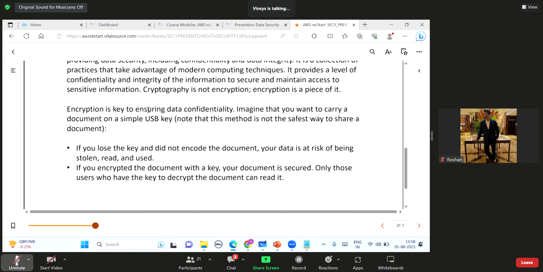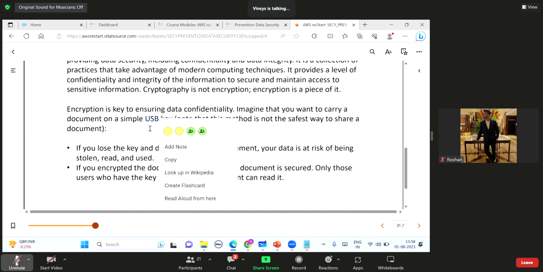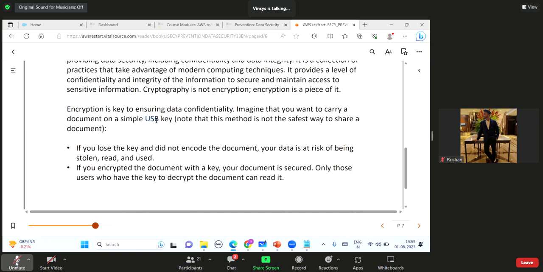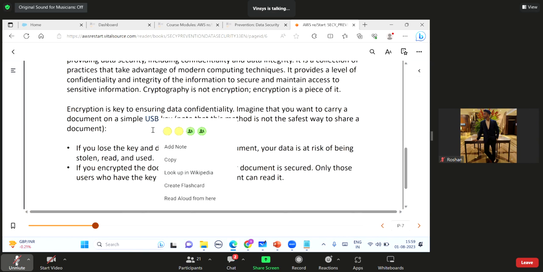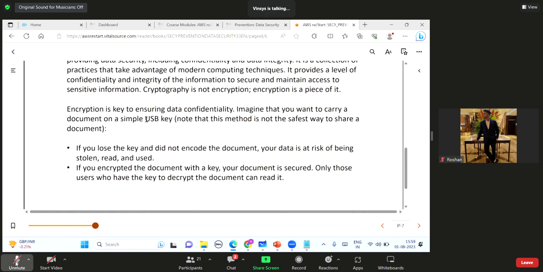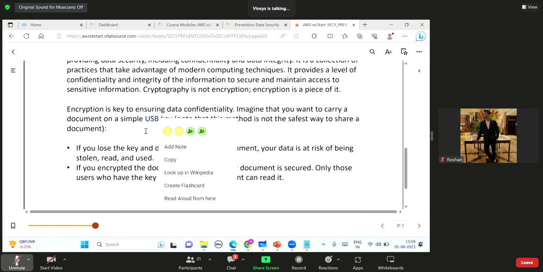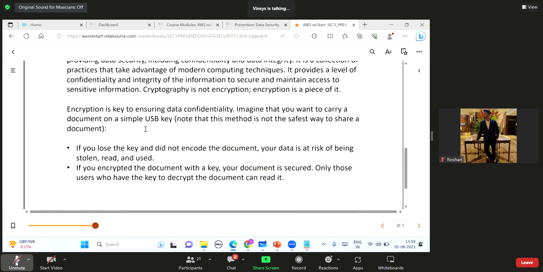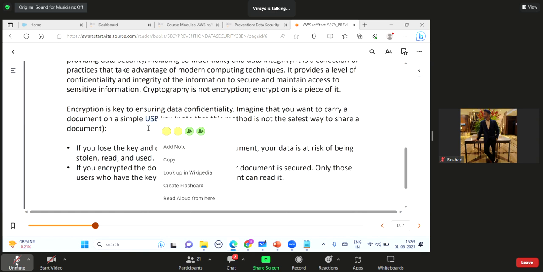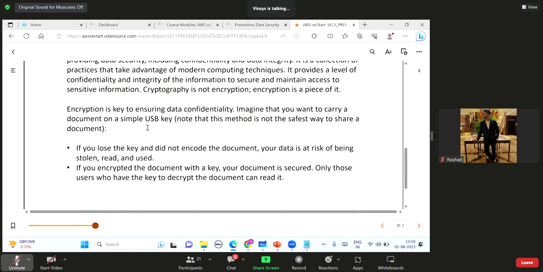But it was the document that the USB pen drive was holding. But the shopkeeper whom I usually visit, I trust that person. I have known him for years. So it was not a big problem for me. He called me and told me that I left my pen drive there, and then I went again and collected it. Now just try to understand, what if it was not the shop and I left it on the road or something? It would have been a great problem for me.